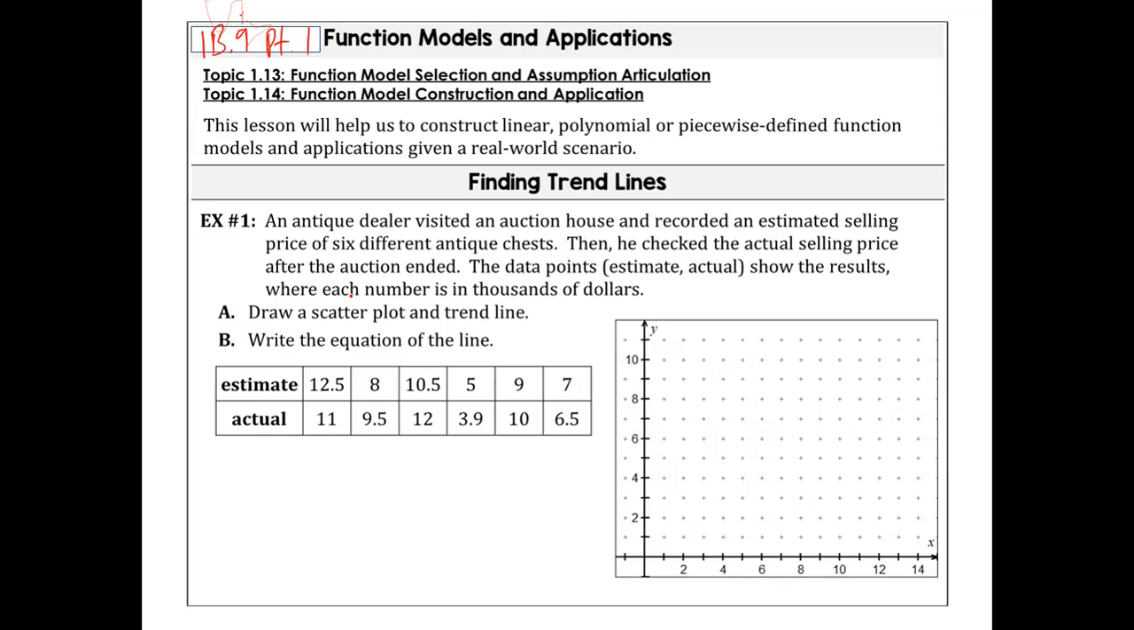So here it says an antique dealer visited an auction house and recorded an estimated selling price of 6 different antique chests. Then he checked the actual selling prices after the auction ended. The data points, estimate and actual, show the results where each number is in thousands of dollars. So what we have here,